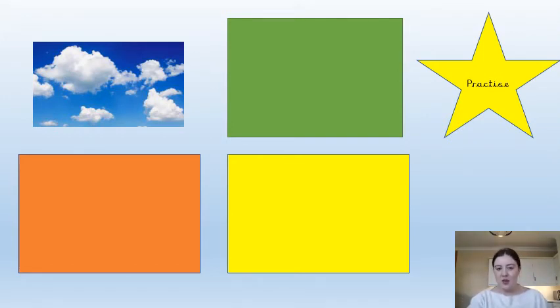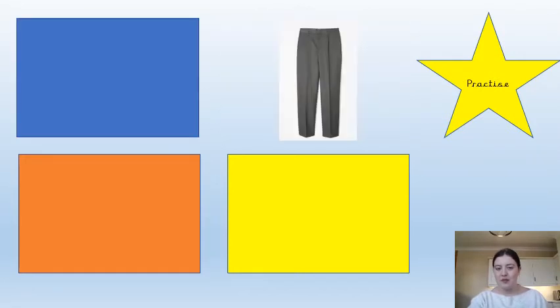Okay, next one. Are you ready? So the green square moved this time. So what can you see here? A pair of trousers. Now that's quite a big word, so take your time and sound it out. We'll do it together. We've got some phase 4 blends here as well. So it's